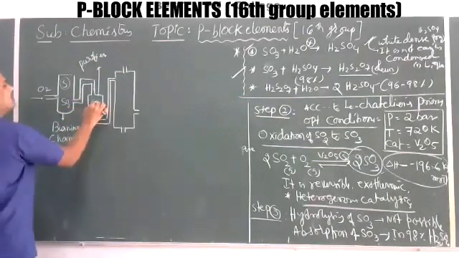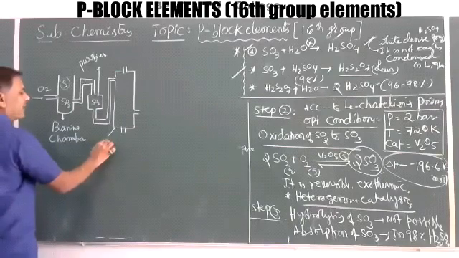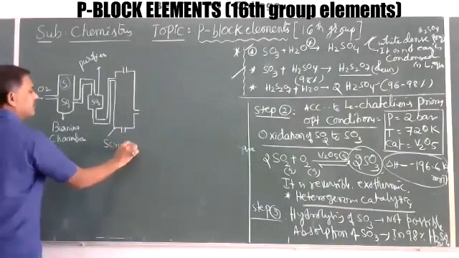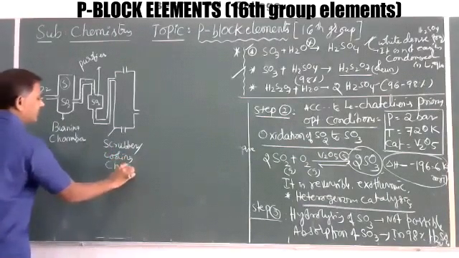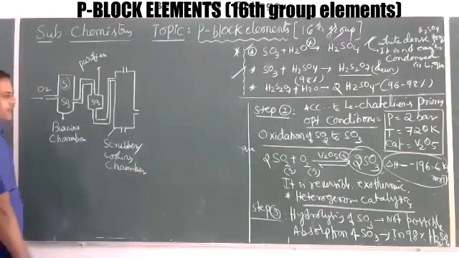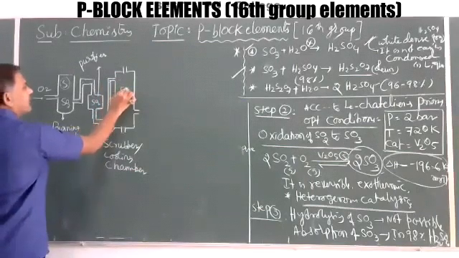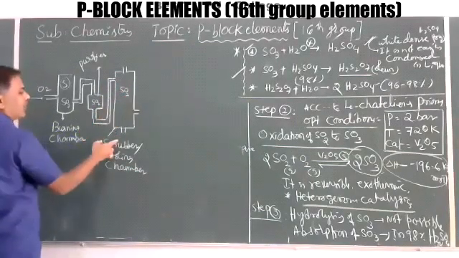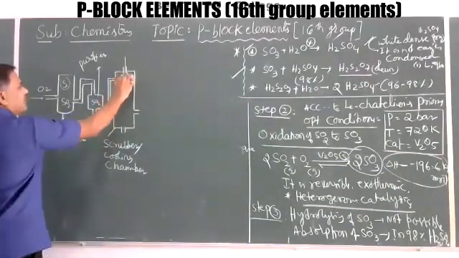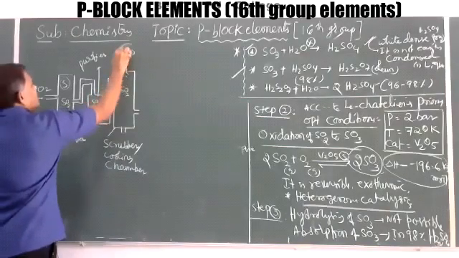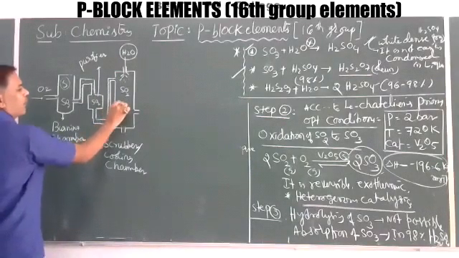The somewhat purified sulfur dioxide gas is passed through one tower. The tower is called a scrubber, or a cooling chamber. Now the somewhat purified sulfur dioxide gas is passed into the chamber called a scrubber. Here at the same time we spray water. This is the water tower. Reacting with some water, it forms moisturized